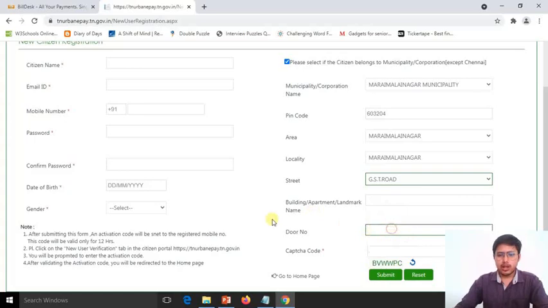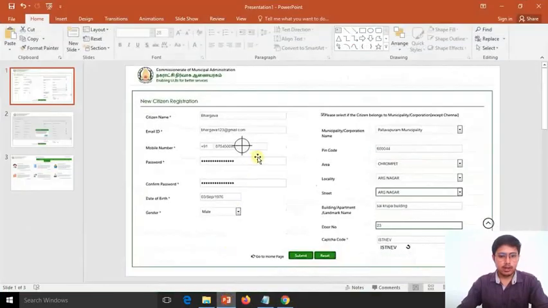Then enter your door number. I think TG29 or MG12, whatever it is, you can enter the door number here, and then you have to enter the captcha code which is provided at the end, like BVWWPC. This captcha code you have to type down here, and then you click on submit. I can give you one example, like here you can see one example.